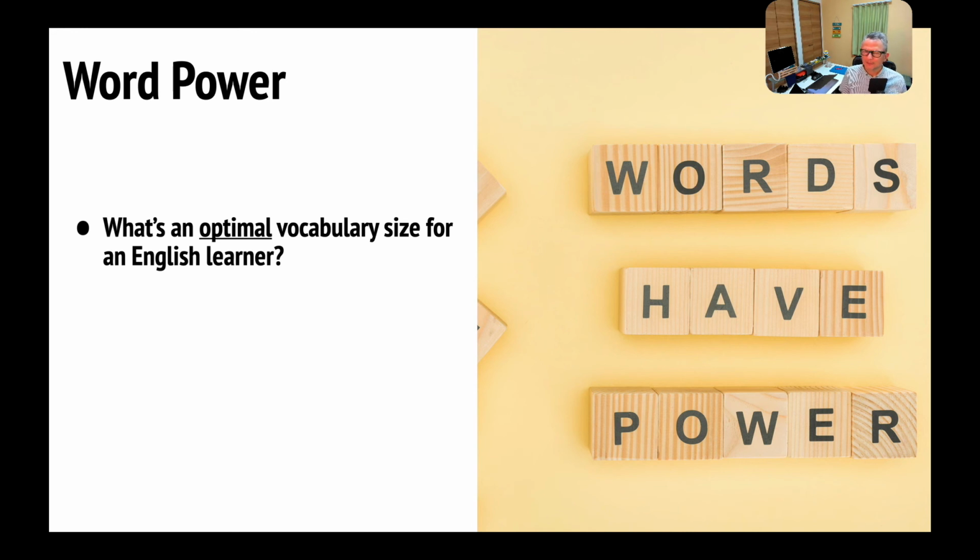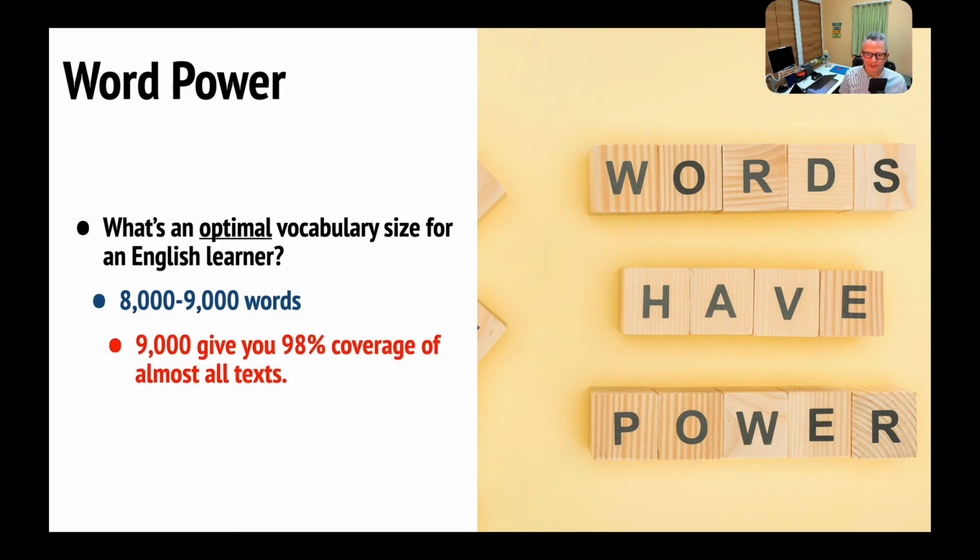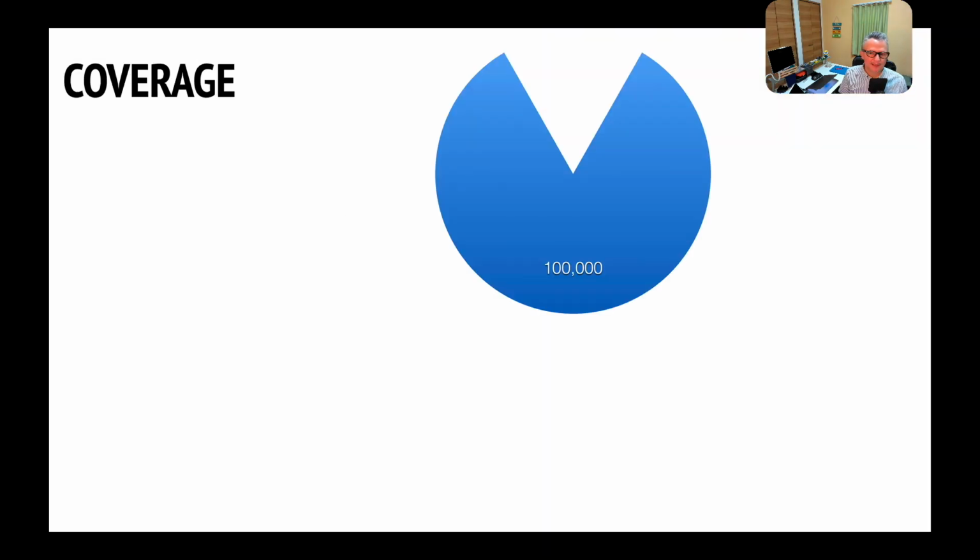And what is the optimal vocabulary size, the best vocabulary size for an English learner? Well, if you want to be advanced and maybe go to study abroad in an English-speaking country, like the beautiful country of New Zealand, for example, you might want to know 8,000 to 9,000 English words as a second language learner of English. This number, 9,000, gives you 98% coverage of almost all texts. And so we have this issue of coverage and what it is, and I'll explain that in a bit. But as you know, 9,000 of 100,000 words, you're getting close to superior level. And this brings up the idea of